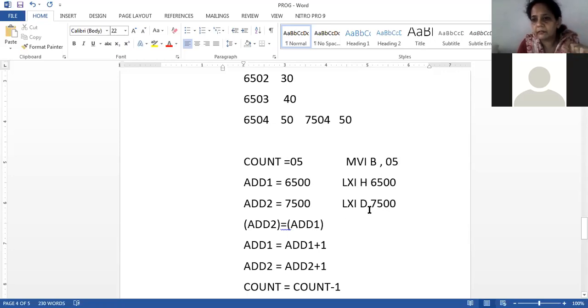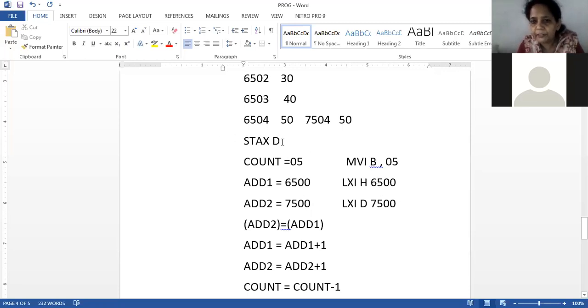If DE register has an address, then in that address we can store only the accumulator contents by using the STAX D instruction. STAX D transfers the accumulator contents into the address given by the DE register pair. Now DE has 7500. So if I want to store something in 7500, then first I will have to bring those contents into the accumulator.